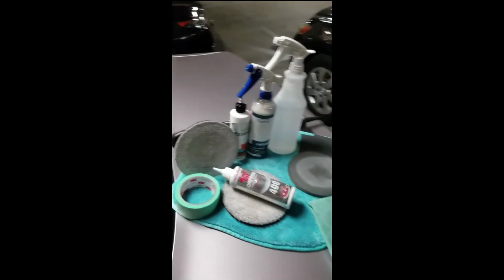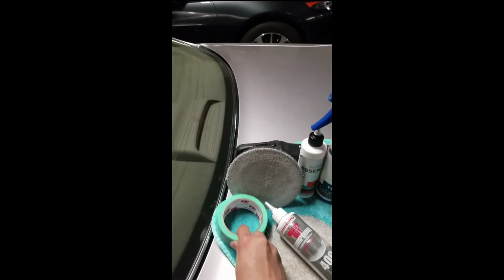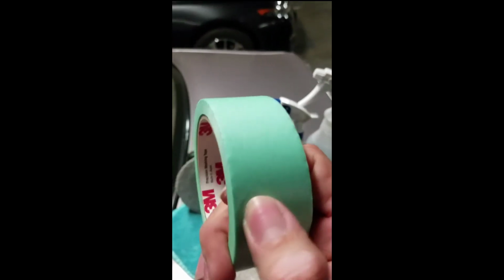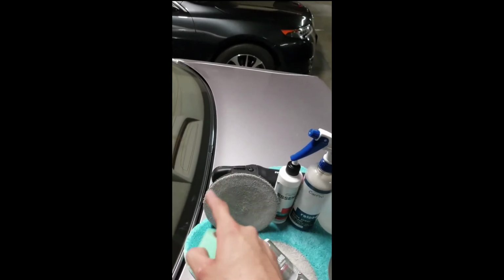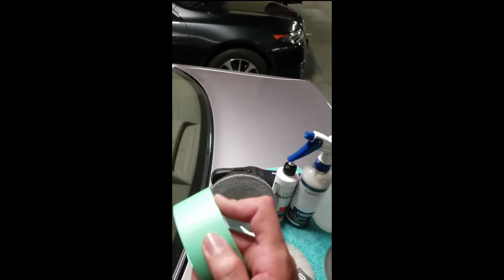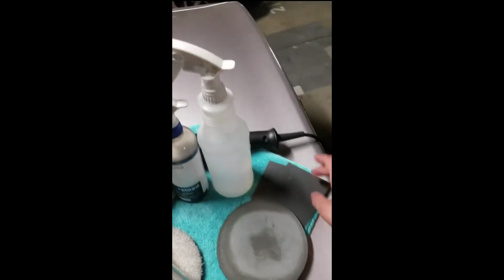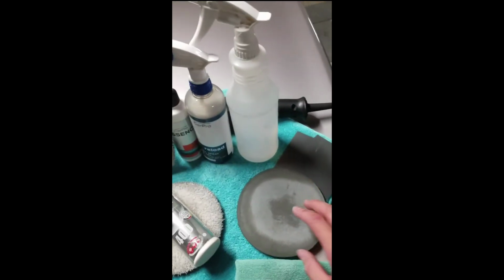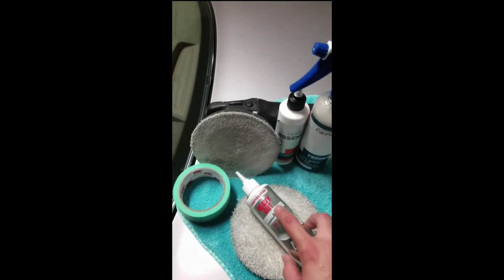So now, to recap, these are the products I used. I taped off the area. I used a 3M tape just because this tape is really smooth and it won't peel off as much. The adhesive on this is great. It will tend to sometimes grab hold of the microfiber pad, but I've tried many tapes and this is my favorite tape by far. And then I used 2000 grit sandpaper, followed with a Mirka 3000 grit, and followed that